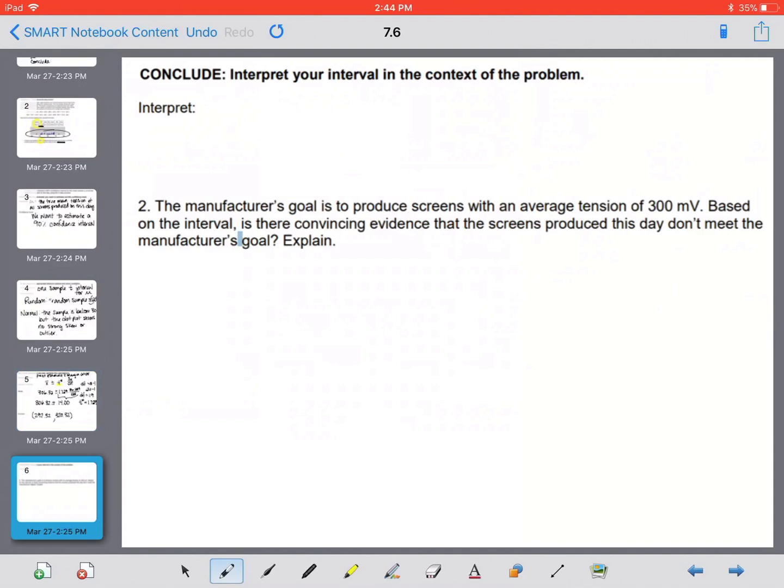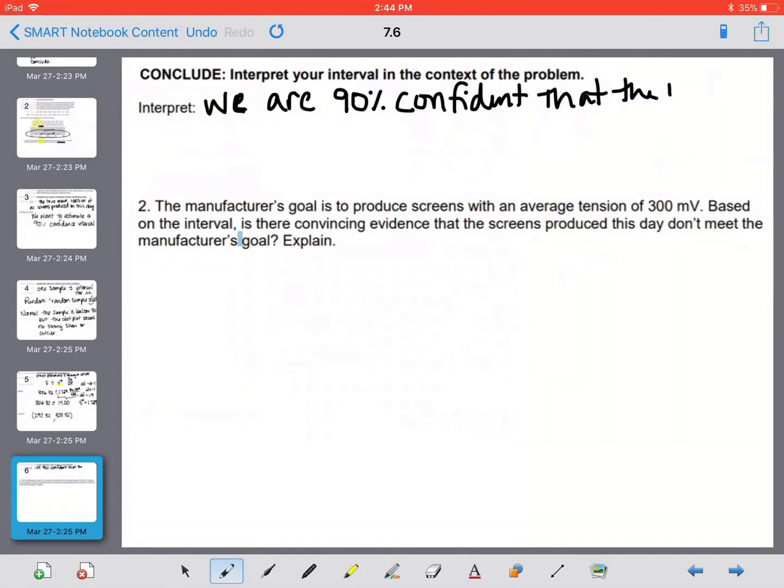What we would say is, we are 90% confident that the interval from 292.32 to 320.32